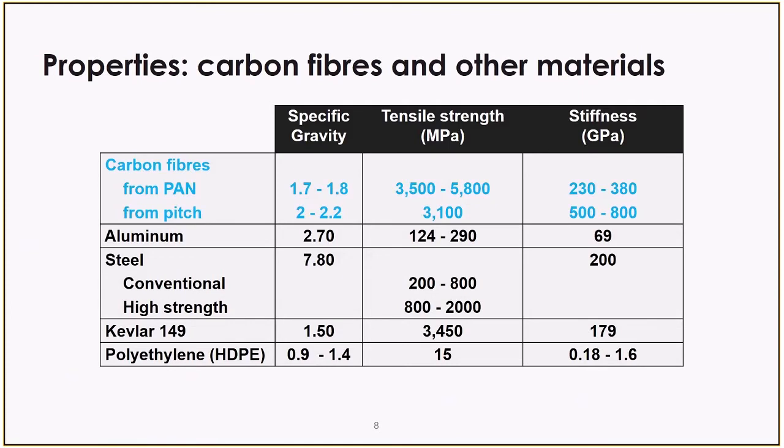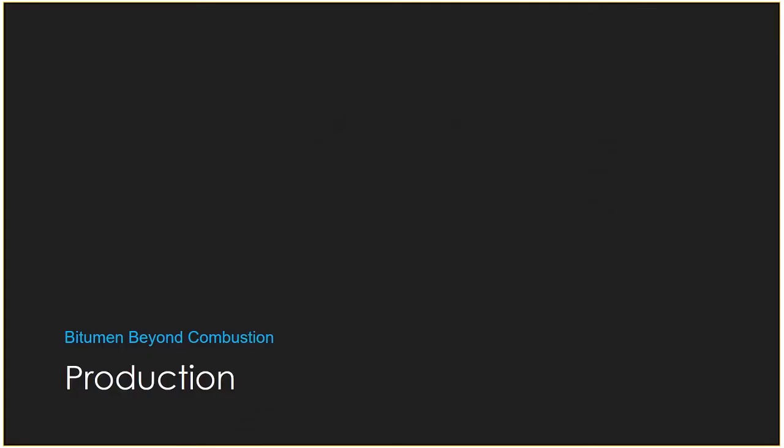And you will see that the density or the specific gravity of carbon fibers is quite low, comparable to that of Kevlar, but its tensile strength is high, comparable to that of very good quality steels, but its stiffness is very much greater than that of steel. So carbon fibers have these remarkable properties in terms of density, lightness, tensile strength, stiffness, as well as some other characteristics that were shown previously. I'll now hand it over to Nathan in order to talk about production, uses, and the business case.